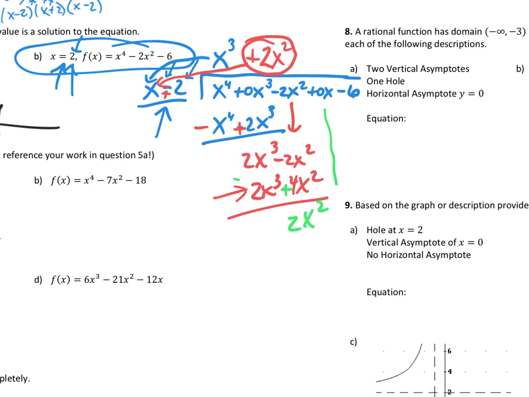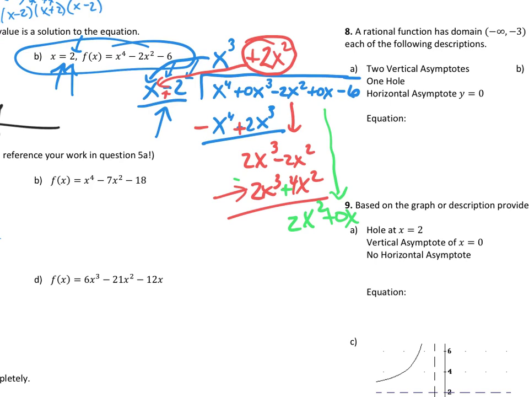Bring down a 0x. Should I do that? Sure. You can bring down the 0x. It's not going to hurt anything. In fact, that's the right way to do it, because otherwise things won't line up perfectly. Now, like I told you, you don't even really need those placeholders. As long as you're careful, you could do it without bringing down the 0x. But, all right, so then I'm going to put a